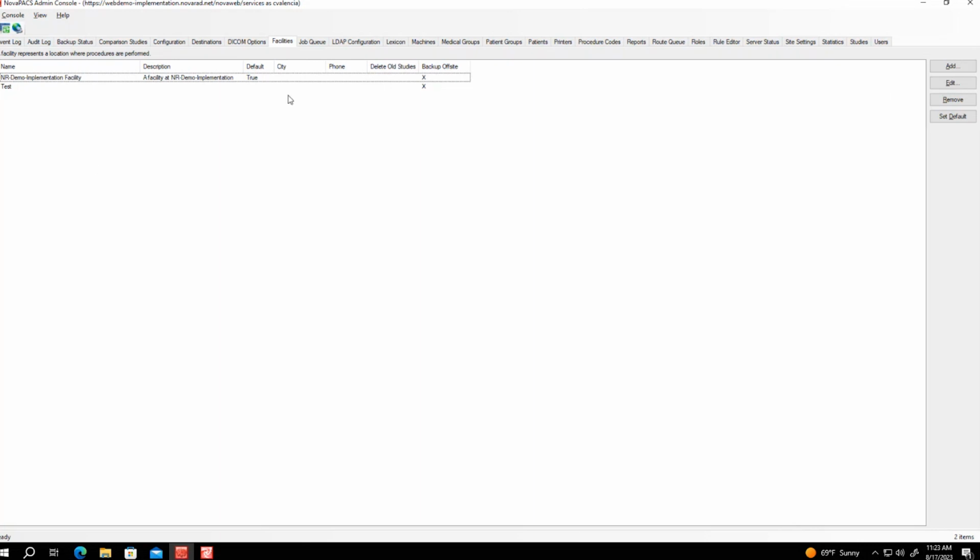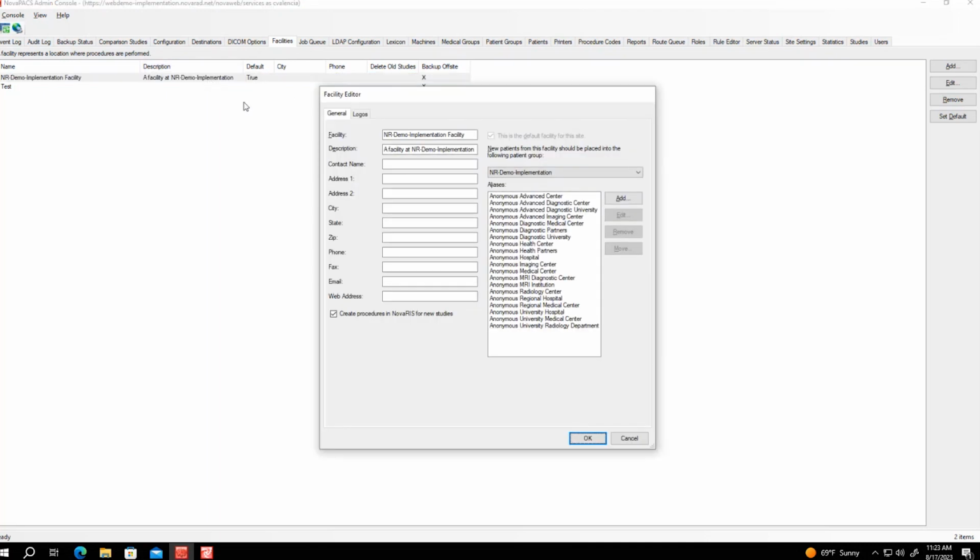If you wanted to edit any information or any of the demographics for any of your facilities, all you would need to do is double click on that facility, and you'll get a list of all of the different information that you can put in. The only required information is the facility name and then a description of the facility. There also is a checkbox here to create procedures in RIS for new studies that come in.